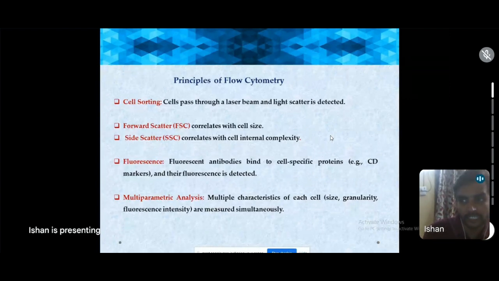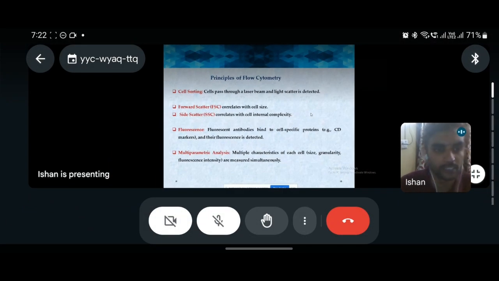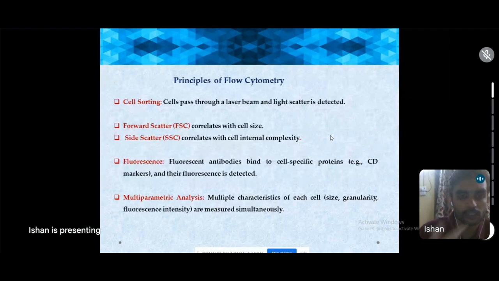What is the DNA present in the cell? Which phase of the cell cycle is the cell in? Is it an apoptotic cell? Is it a dead cell? Is it a functional cell? Which kind of cell is present? Then there is fluorescence, which is about the fluorescent antibodies which bind to